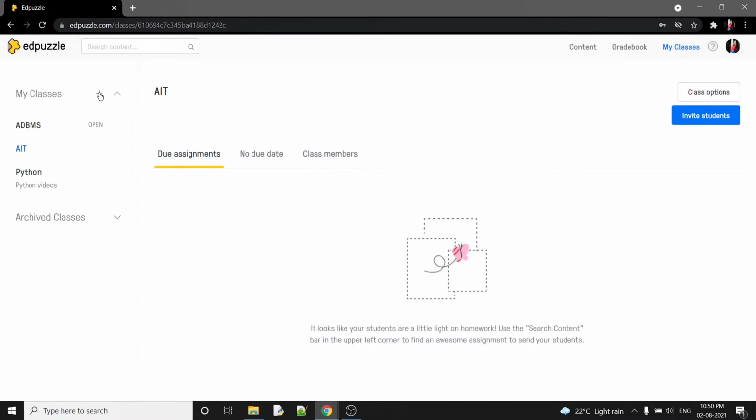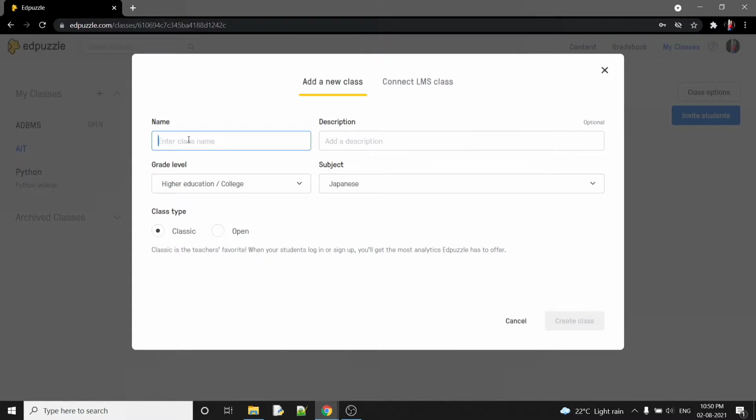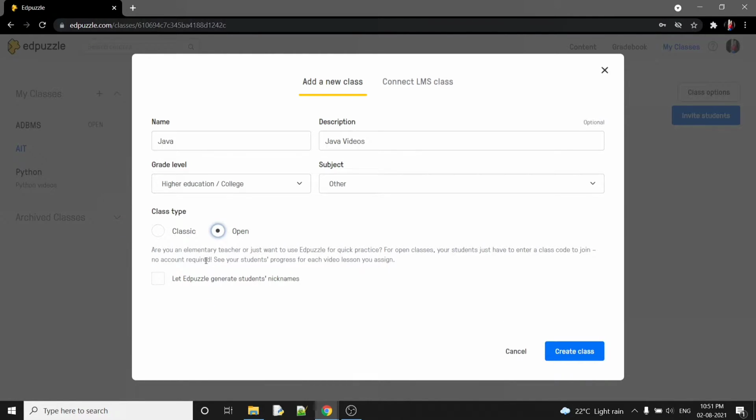From here I can create a new class, any class like Java, and I can put the description as Java videos, then college, then subject will be other. Class type, there are two types of class, classic and open. Classic is for those students who have login credentials for Edpuzzle, who already signed up or logged in to Edpuzzle. And open is for those who don't have any login credentials for Edpuzzle.